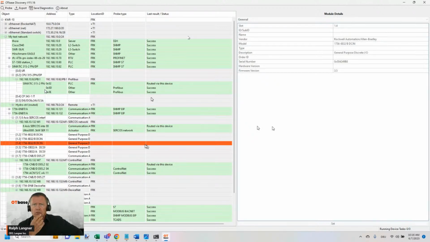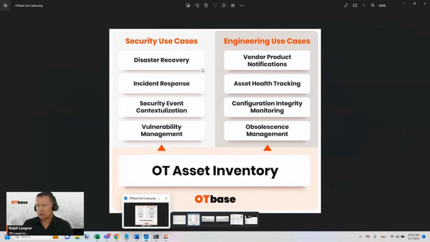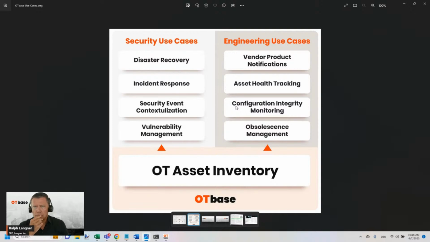The other thing that I want you to focus on is, why is it necessary to upload it to a global inventory? Well, if you go back to the various use cases that you want to address, this doesn't make a lot of sense if you do it for one network or even for one site. Many of those use cases, especially OT security, vulnerability management, disaster recovery, and incident response, make so much sense, or you will be so much more efficient, if you approach them on a global scale. So that brings us to the